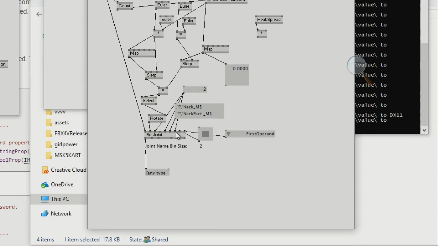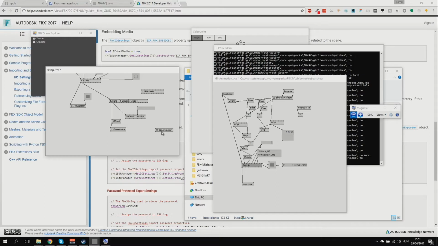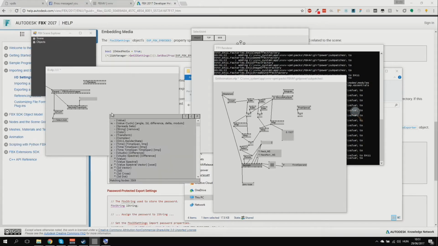And also this is bin sized, so if you want to set different joins of a second skeleton or any other number of skeletons, put in a spread to here, and it will know which skeleton to use. And now to demonstrate that, to get the rigid transform animation out of that,